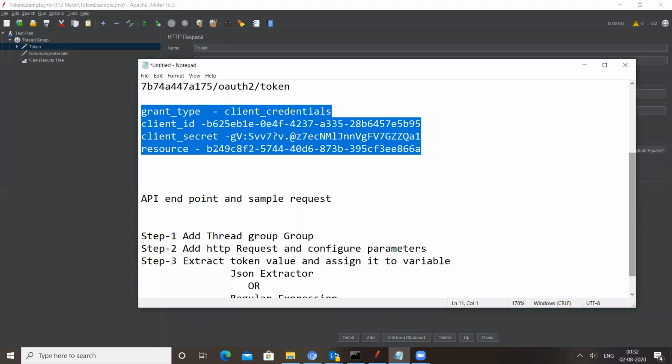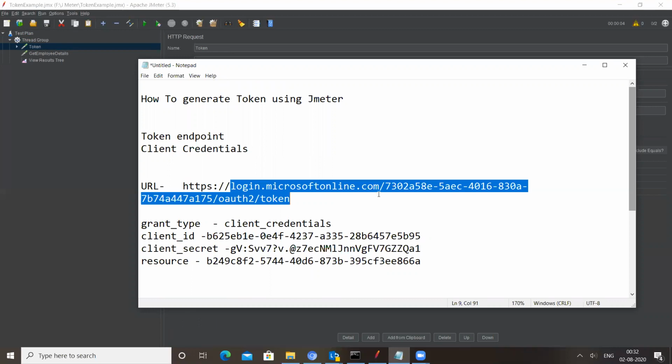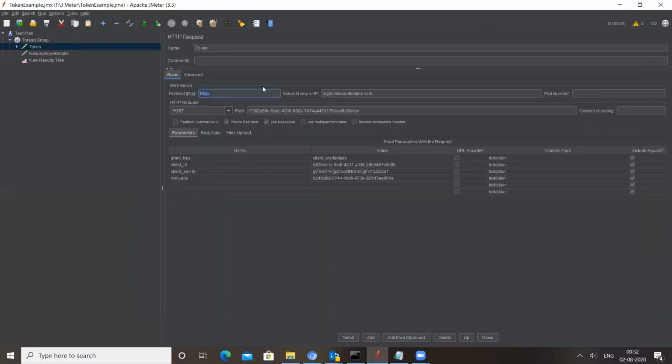That thing you have to do here. You can see this is HTTPS. So basically your endpoint is divided into three parts. One is the HTTP related information, second is the domain, and third is the path. So here you can see that the HTTPS related information is mentioned here, then this space is for the domain, and this is for the remaining path. Okay, and from here you can set the verb, that is POST.